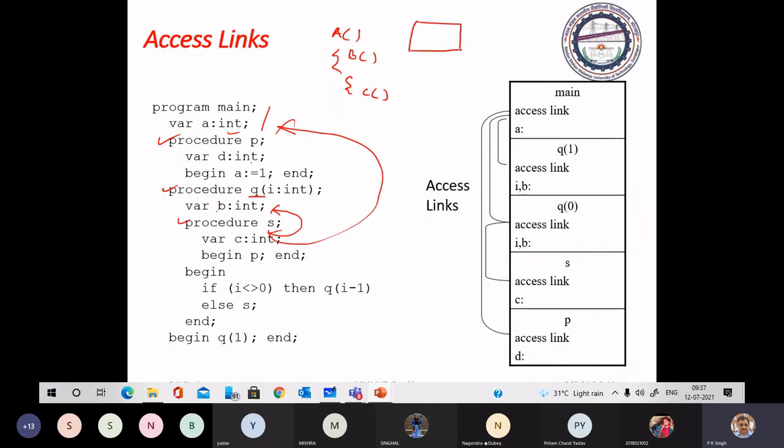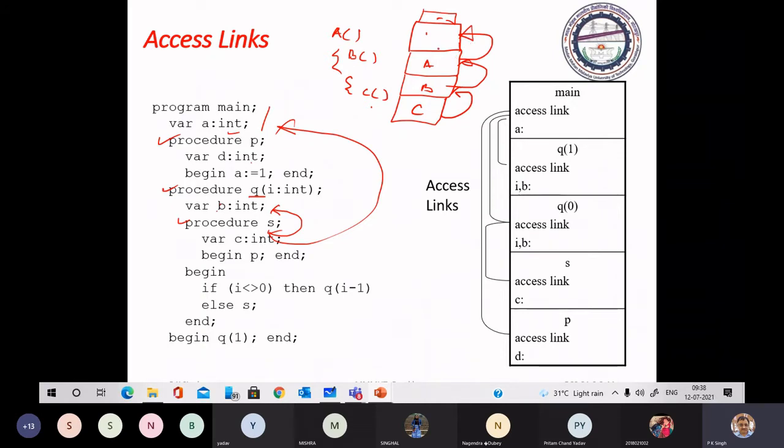This is main, the area in the code, where you have the code, after that the variables, the global variables, and then in the stack you have the activation record for A. Suppose you are executing C, then you have the activation record for B, then the activation record for C. Here you have a link to this, here a link to this, and here a link to this.